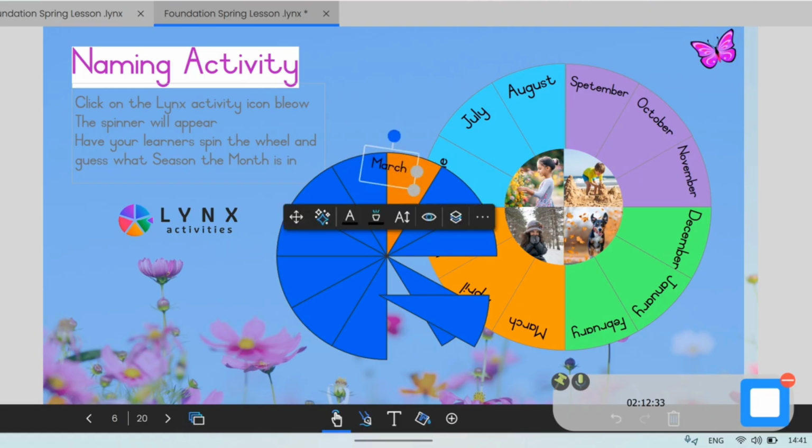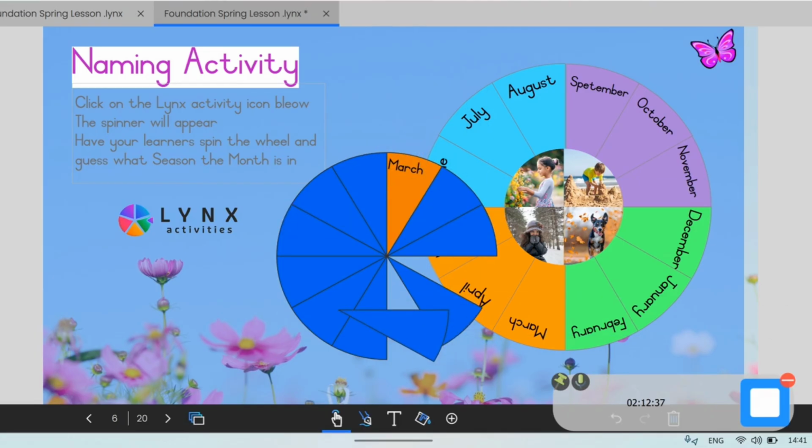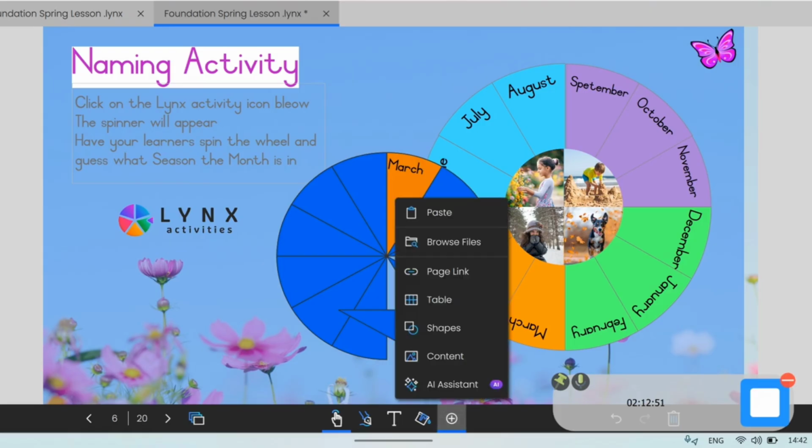So I'll just put that like that there. And that's how I then created this wheel. Bringing in the little circle over it, I simply created that in Canva and imported it. So if you want to bring in your own images, how you would do that, again, go to the insert